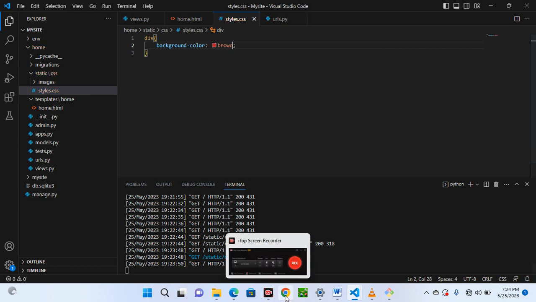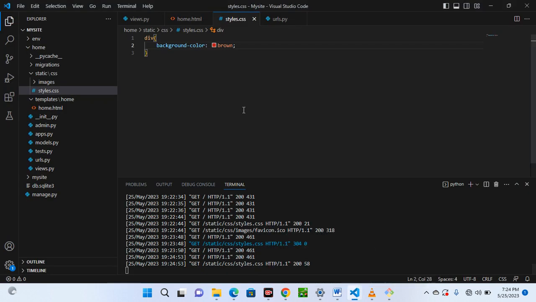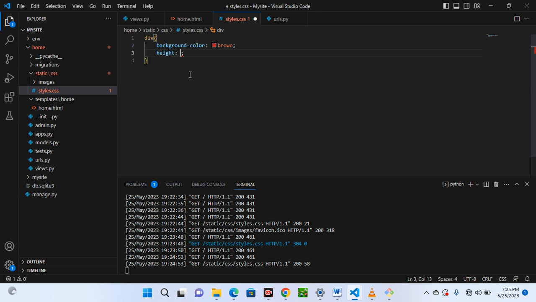Control S to save the changes, refresh, and nothing. But if we give it a height, for example 36 pixels, and press Control S,